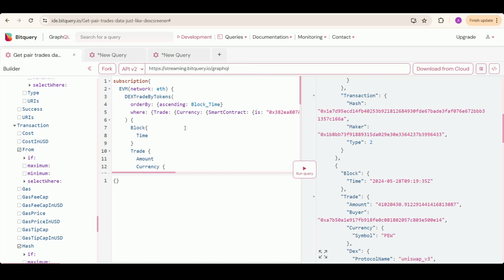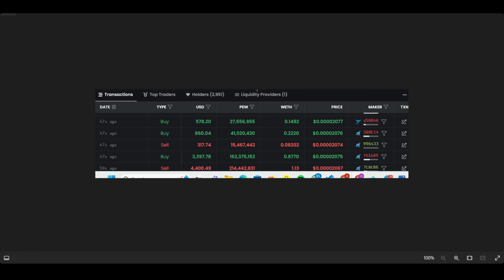But now we will analyze a result that I got while I was testing it myself. And we will match the data here from Dex Screener and from our Bitquery API. So if the buyer of our primary currency, that is the PU token, is the DEX address, then it is a sell. So this is a screenshot I took while I was testing and matching the data with Dex Screener.